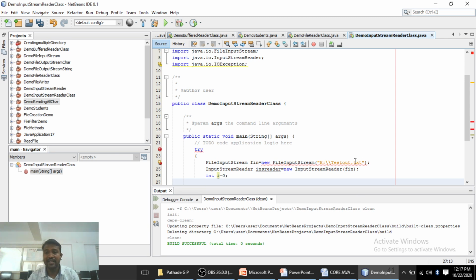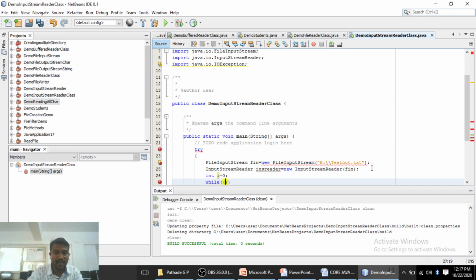This particular file, testout.txt, has a particular string. It doesn't have a single character. A string is nothing but a collection of characters, so here we are using the number of characters. That's why we are going to use the while loop.